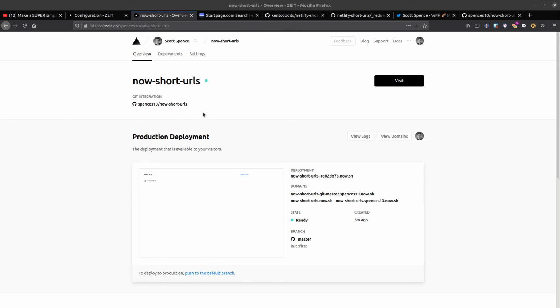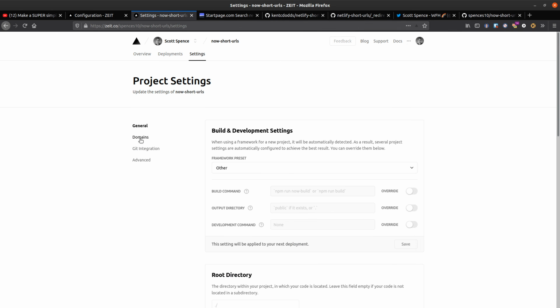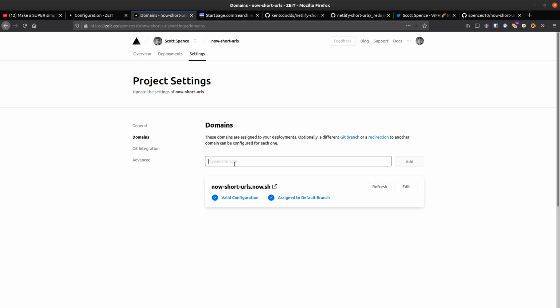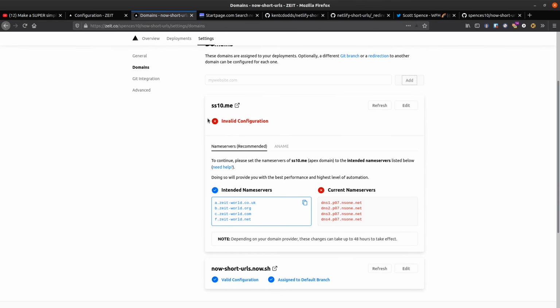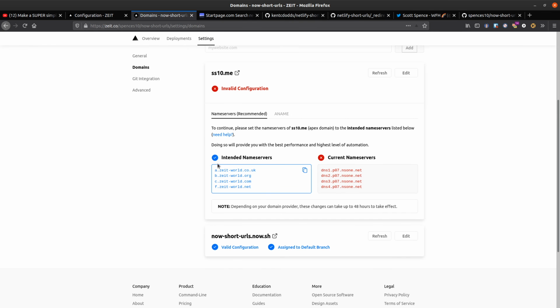So rather than Spencer's 10, this 10.me. I'm going to add in the settings of my Now.sh account. So you'll see here it says invalid configuration, and these name servers are what I'm going to need to add to my Namecheap